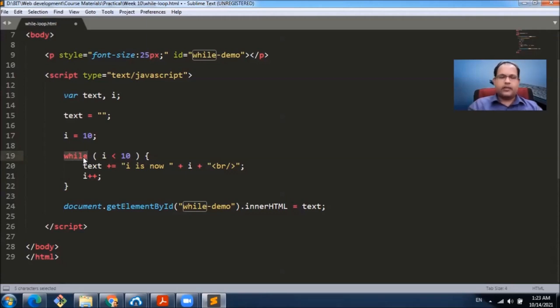To do it, we have to specify the keyword, the term do here, and then at the end of the structure, we have to mention while I less than 10.